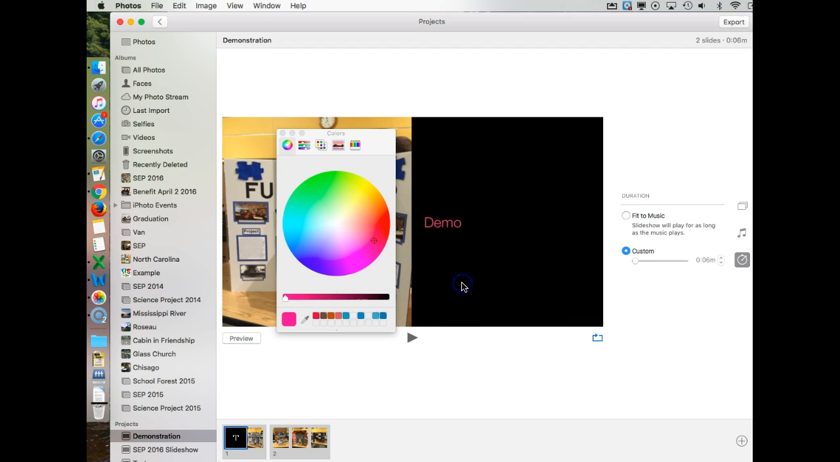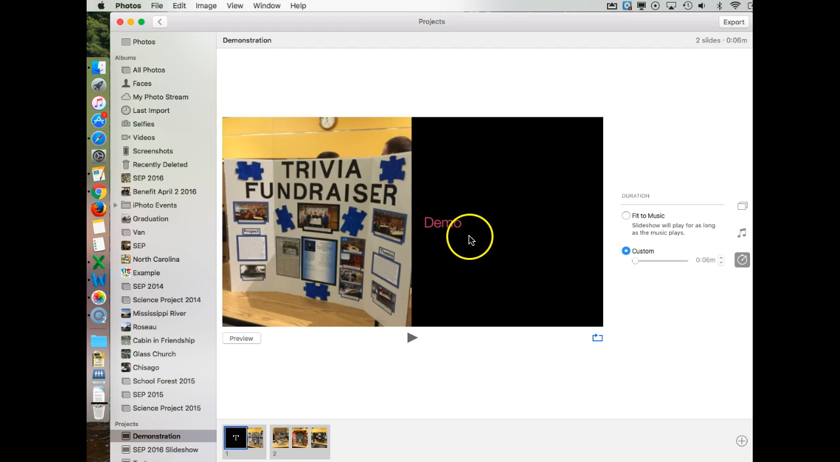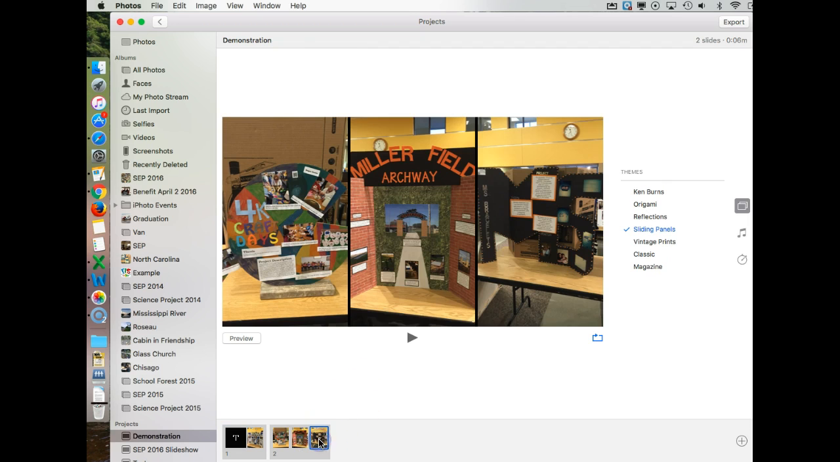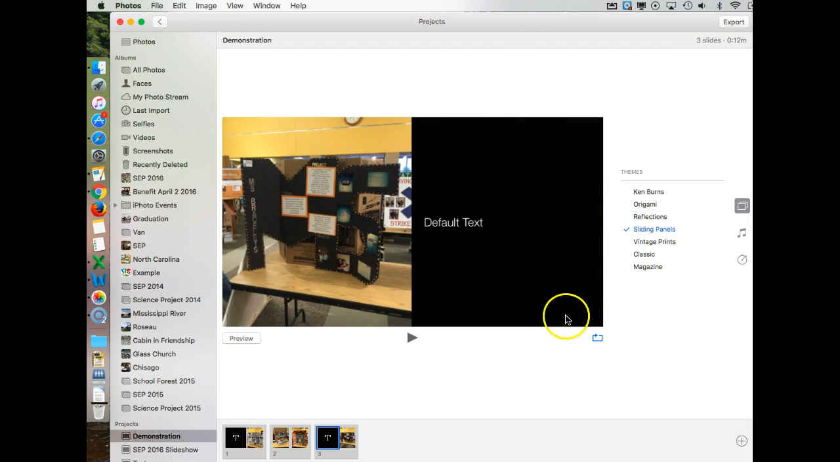So I can do those modifications, but I do want to remind you that if you change the font and you change the color and then you go back here and change the theme, you will lose those changes because the text automatically goes with the theme. So choose your theme first, then make these particular changes. If you wanted more text in here, you can simply click on the plus sign in the lower right hand corner, choose add text, and then it would add text again,